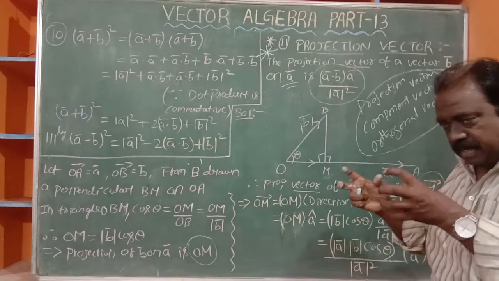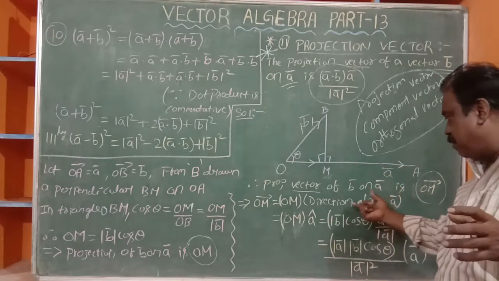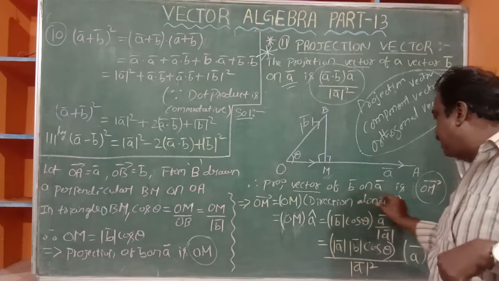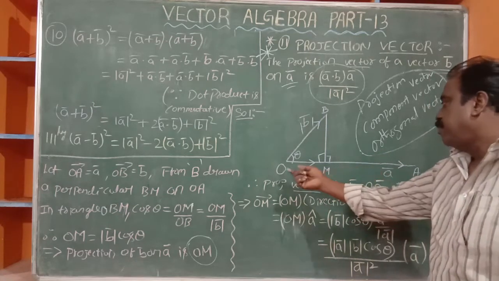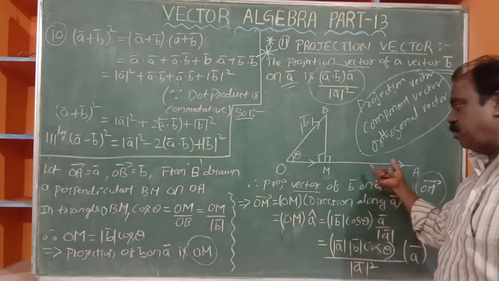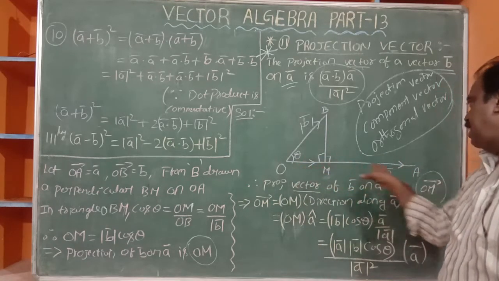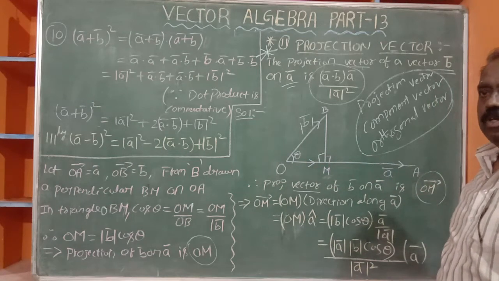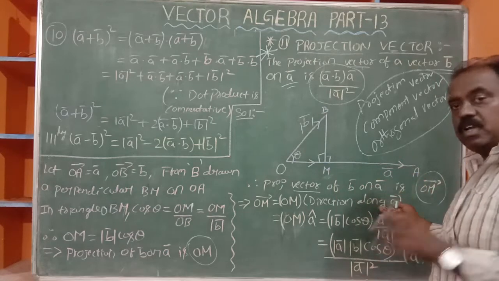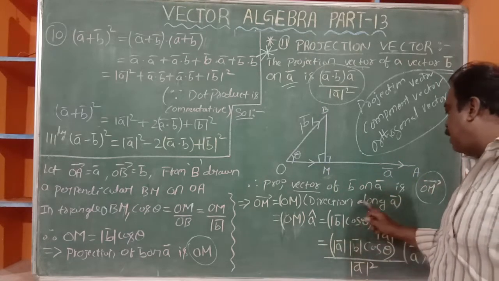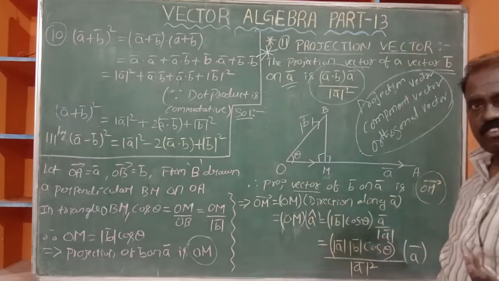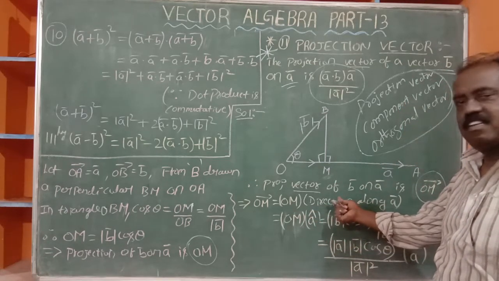Direction we cannot find. Direction means 1 unit length with direction. Direction along A bar. You see, OM bar is along A bar. Along A bar, will you agree? OM is in the direction of A bar. So OM length is there, some direction along A bar. It's okay now? Yeah. Direction along A bar is nothing but A cap. A cap means a unit vector. 1 unit length is there.